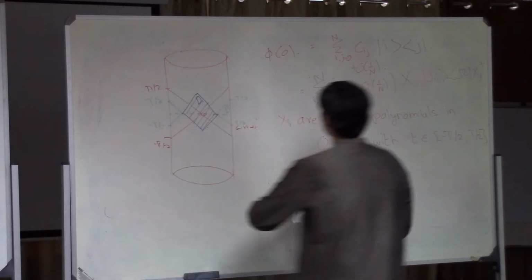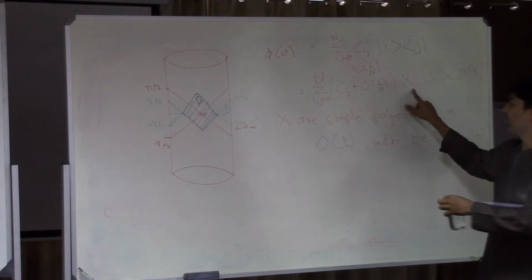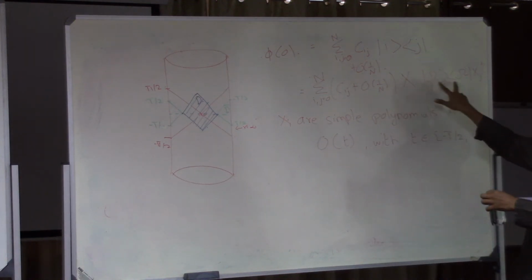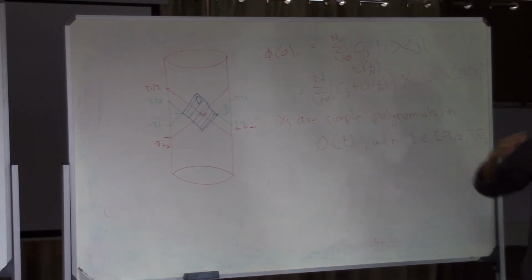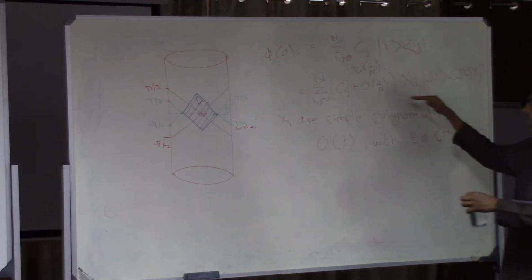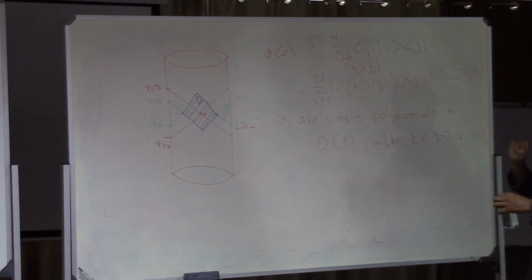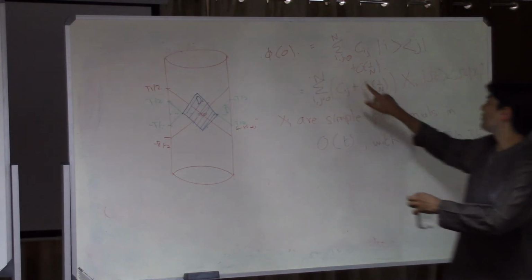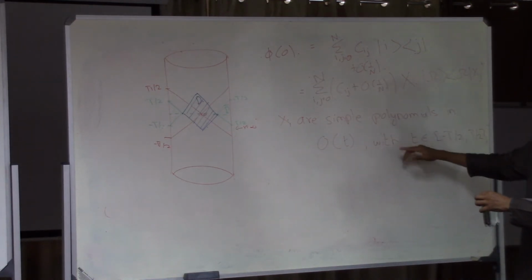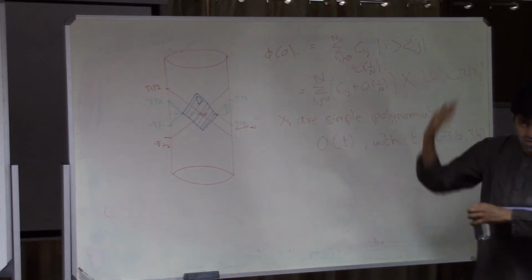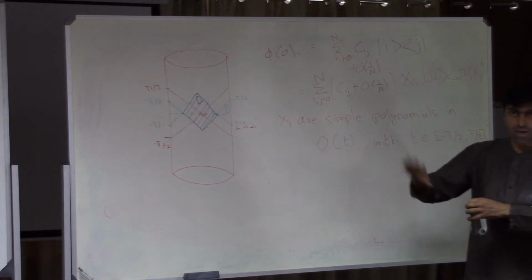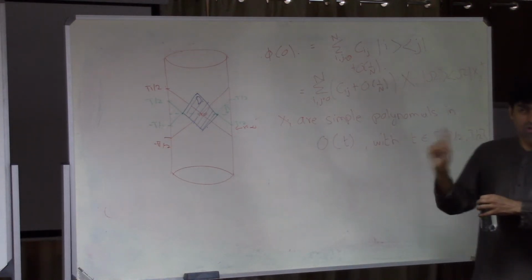This is not writing the operator phi of 0 in terms of operators in the band. There's a vacuum projector in the middle. This identity holds in all quantum field theories, with or without gravity. This identity does not violate locality. This identity is also not our final end product, because we have not written phi of 0 in terms of operators in the band. What we have written is the action of phi of 0 on the vacuum in terms of the action of simple phi operators in the band on the vacuum. That's not the same as writing one operator in terms of the other.